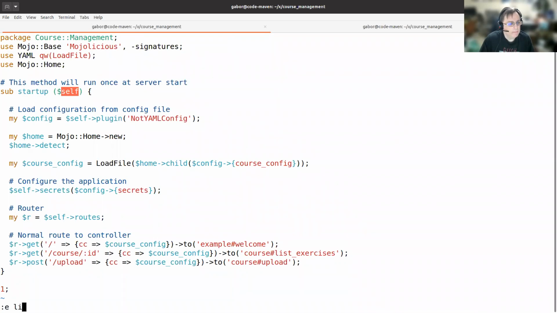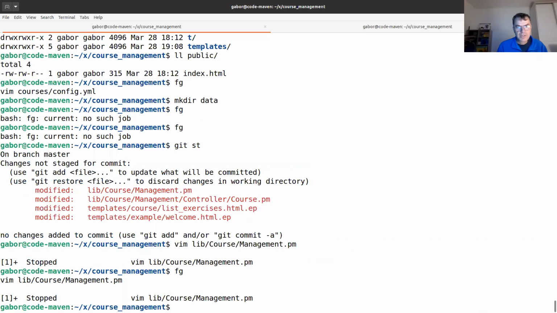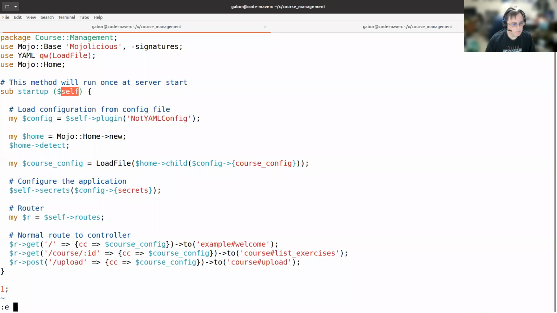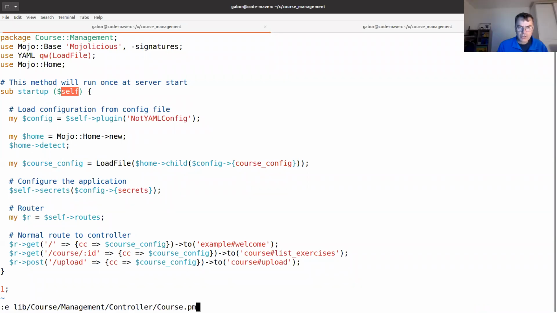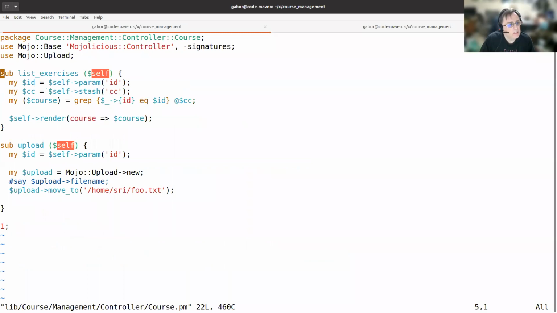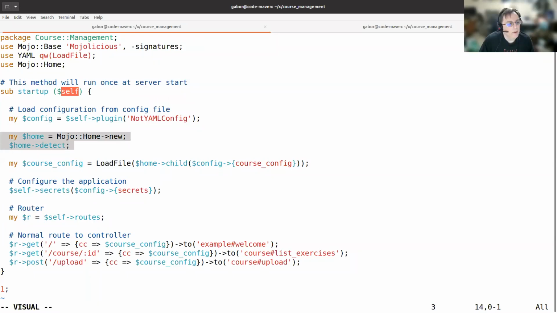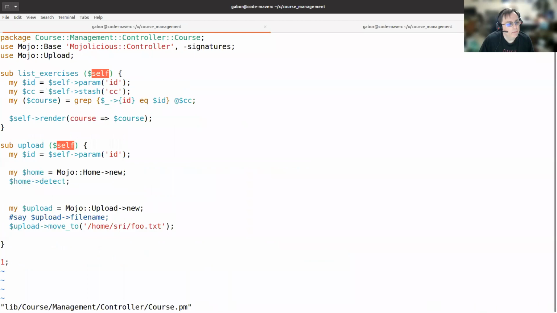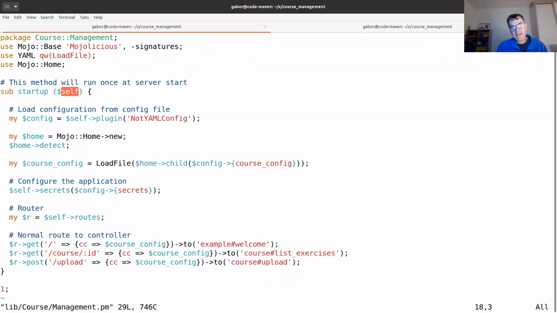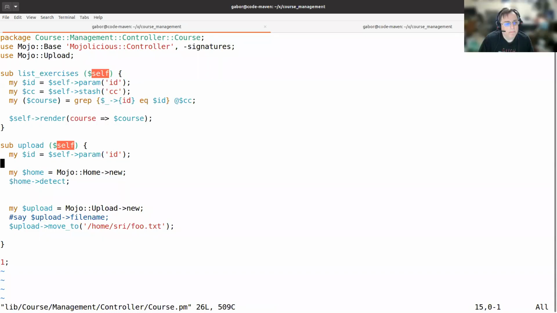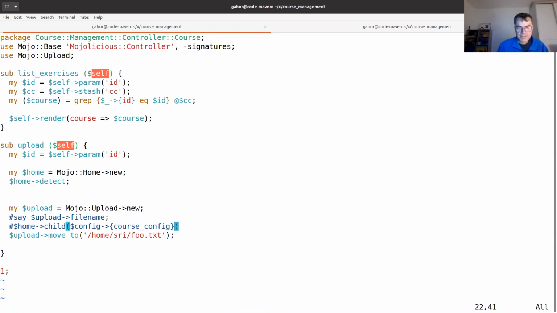So let's open up that course controller again. I forgot, where is it? Course management slash lib course management controller course. There you go. And there was the other one. No, I need to copy this one. Yeah, we need to get the Mojo home stuff. Mojo home, and then I can do this child thing. Yep. And I can do this home child